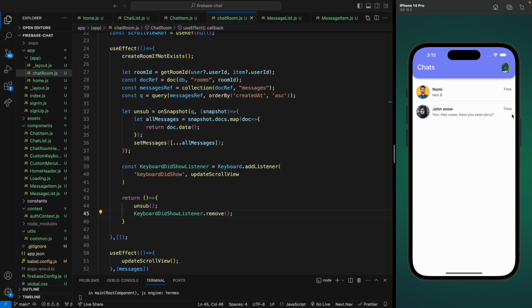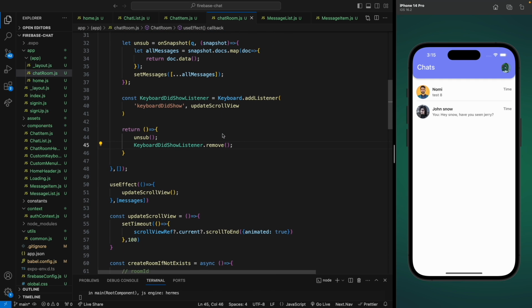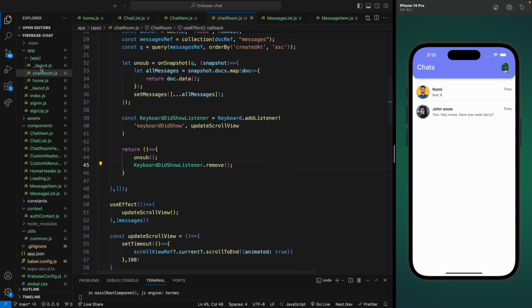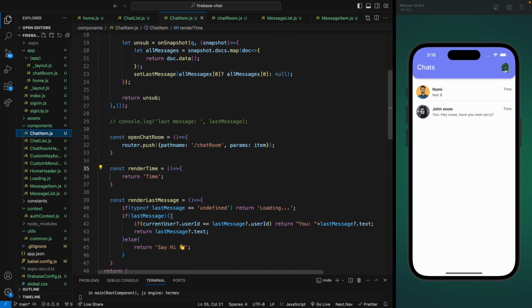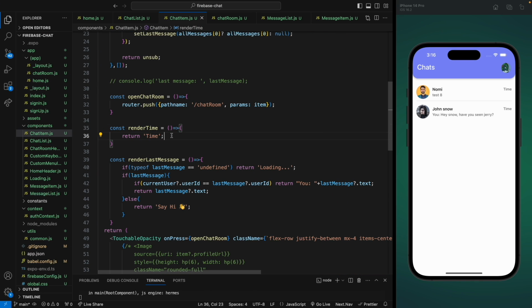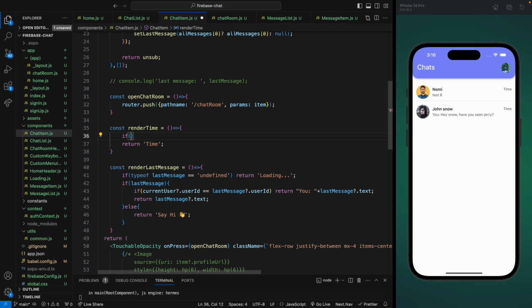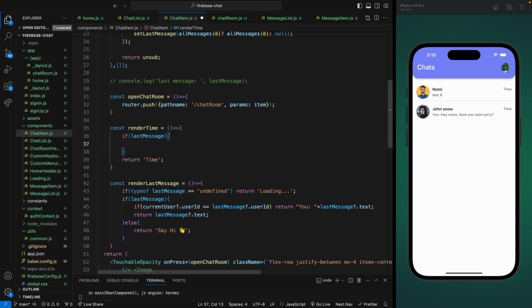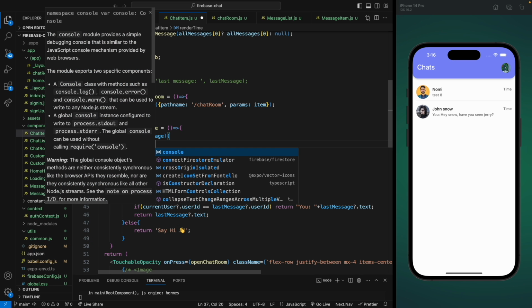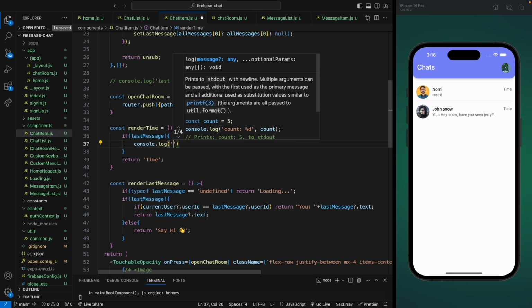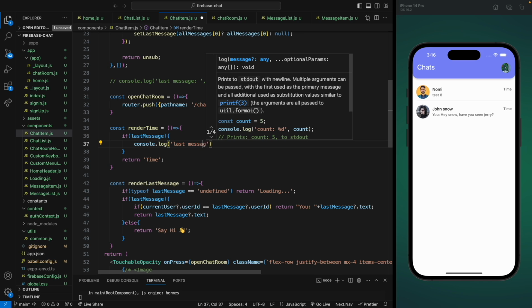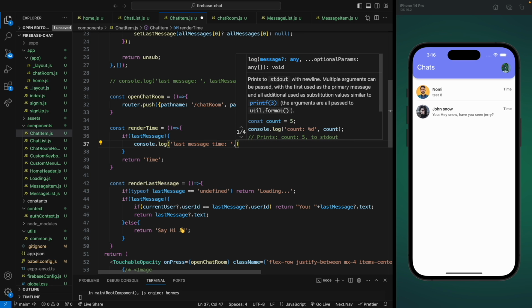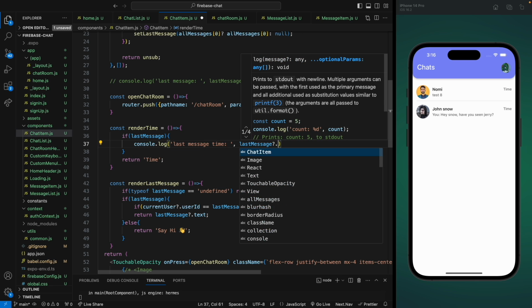We forgot to include the time of the message for the last message, so let's go to chat room. Sorry, chat item, and here we have a function renderTime. And first I'm going to show you what kind of data we are getting for the date of the message. So if we have the last message, we'll just console log the createdAt property. So let's say lastMessageTime will be lastMessage.createdAt,